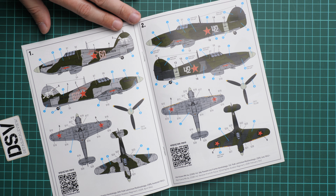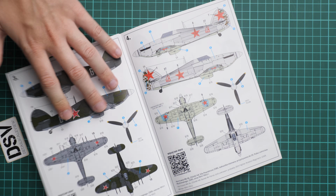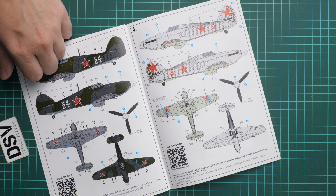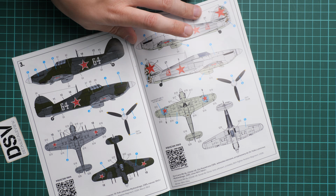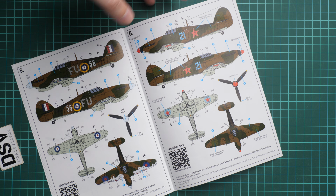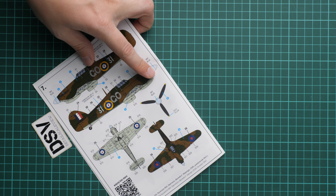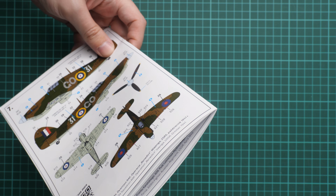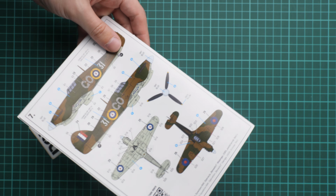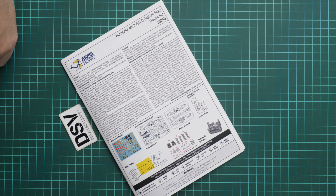As you can see, those are aircraft in a quite colorful schemes, so definitely worth checking them and maybe searching for some reference material. I especially like this winter aircraft, might be fun to copy and also to replicate some weathering because they were usually heavily beaten. And next we continue with 2 more. So here again another Red Star aircraft and another one from the box art, and 1 more here which is also a British aircraft. And it's written here that the aircraft is coming from RAF Squadron from Operation Benedict and USSR October 1941. So overall we get a quite interesting release with I would say unusual markings for this aircraft,